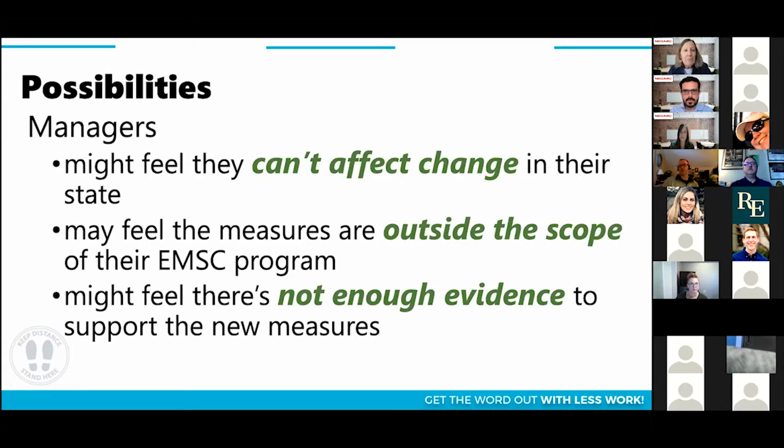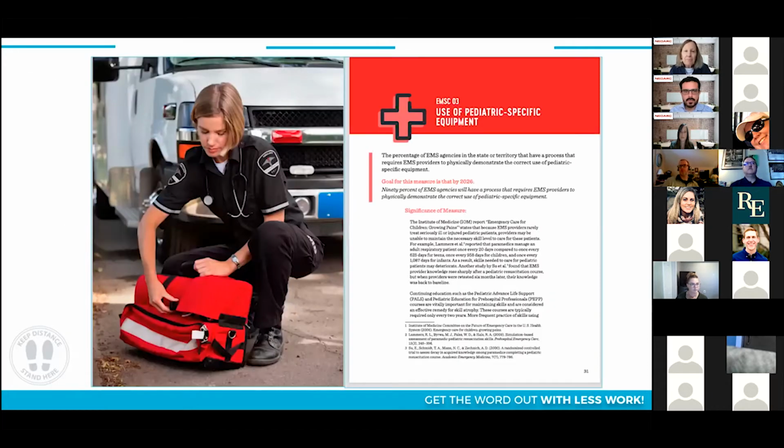So we thought about that with the manual, and here's some things we tried to do that might help with that. Because we also, again, know you're busy and we want you to be able to skim and find things easily and share, each of the chapters is the same layout. So for example, here's PM03, the use of pediatric specific equipment. When you had the manual open, on the left was always a picture that could be related to what we're talking about. And this was also a picture that you could take and use if you wanted in different presentations.